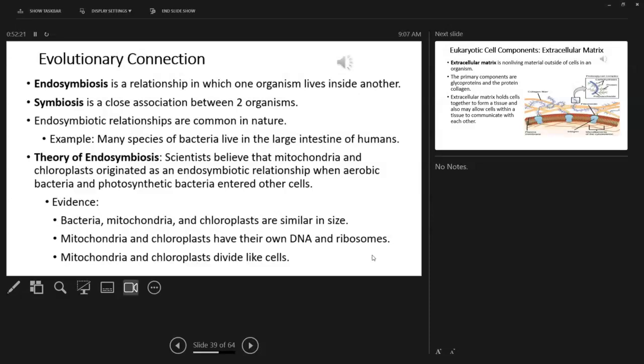But eukaryotic cells didn't appear until about 2.1 or 2.2 billion years ago. So for 1.5 billion years, all life on Earth was just prokaryotic cells, one-celled little simple organisms living in water. And then eukaryotic cells came along. How did that happen? Cells that had a nucleus and